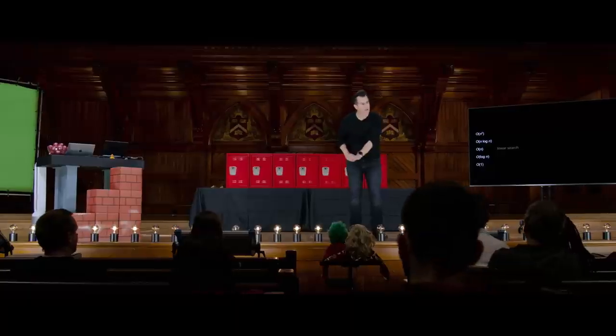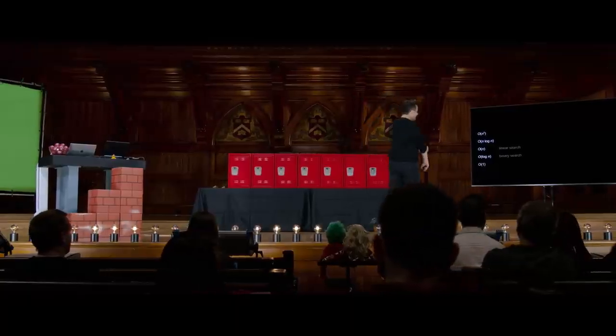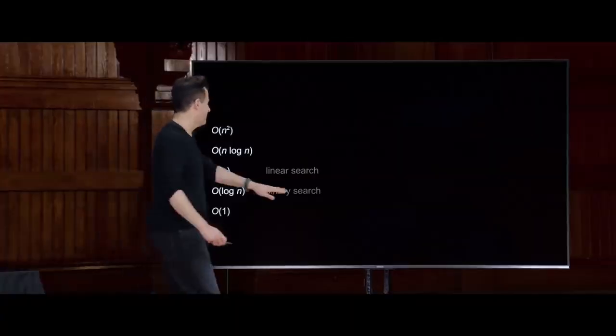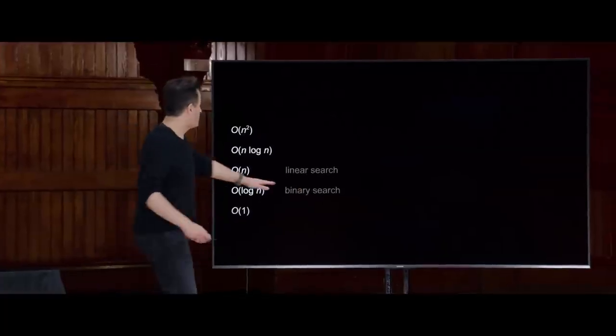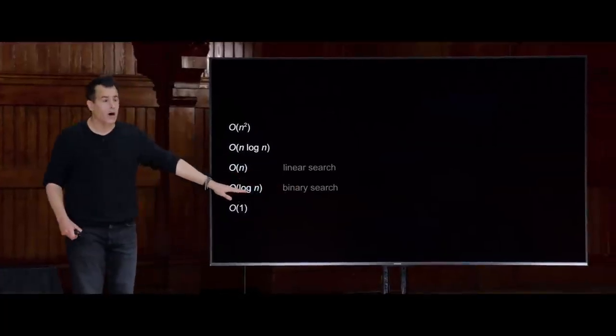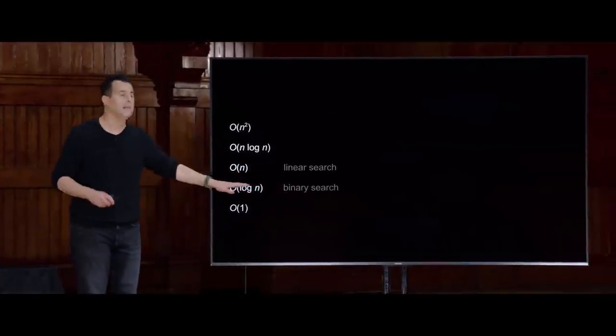What about, though, best case running times or lower bounds on how fast an algorithm might be? Oh, sorry, I should not have spoiled this. What's the running time of binary search if the running time of linear search is big O of n? Well, the running time of binary search, by contrast, is going to be log base 2 of n, or more generally, log of n.